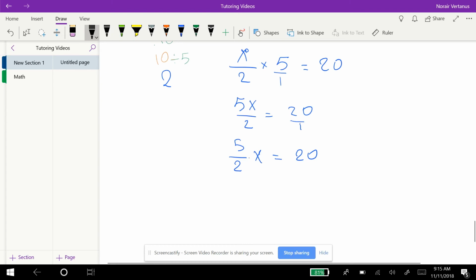So what is the reciprocal of 5 over 2? It is 2 over 5. So you multiply both sides by 2 over 5. Why? Because see, they cross cancel. So you can get rid of the whole thing, 5 over 2. Remember, you need to do that to both sides. So 2 divided by 2 is 1. 5 divided by 5 is 1. So this whole thing goes away. So what's left? Only x equal to